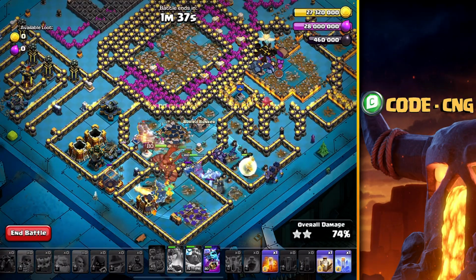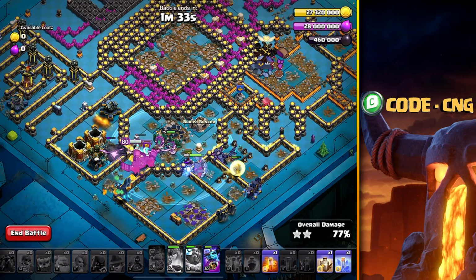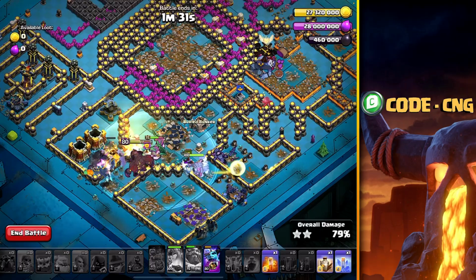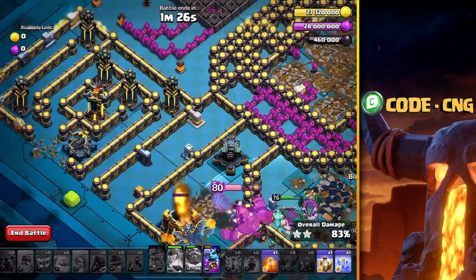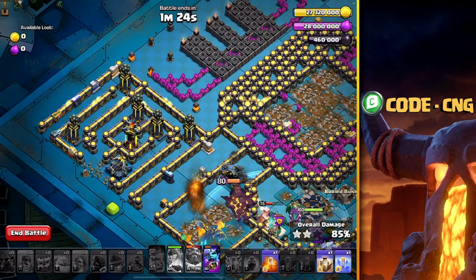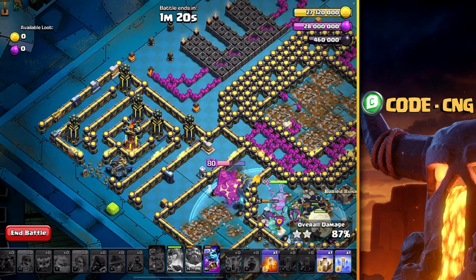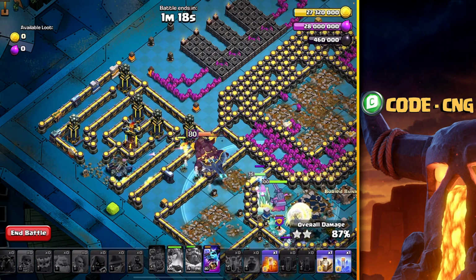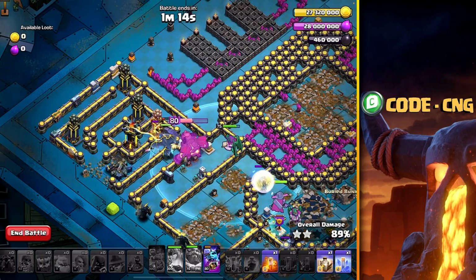Probably won't need the poison spell, probably won't need the Grand Warden or the Minion Prince's ability, probably won't need the ice block spell, probably will not need the revive spell, but sometimes things do get a little sketchy over here. If the Barbarian King goes down, you might wind up needing to trigger the Minion Prince's ability, you might end up needing to use the hero revive spell or the ice block spell potentially,